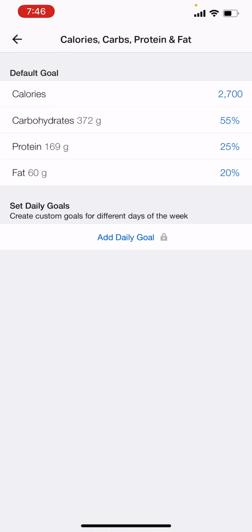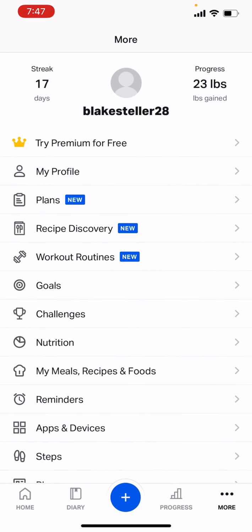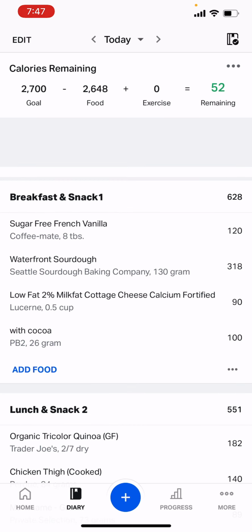I don't think the app costs too much if you want to get that version so you can put them in exactly, but personally I've been tracking for several years and I just use the percentages and that gets me close enough. So anyways, going back to the main screen, so this diary is where you'll see